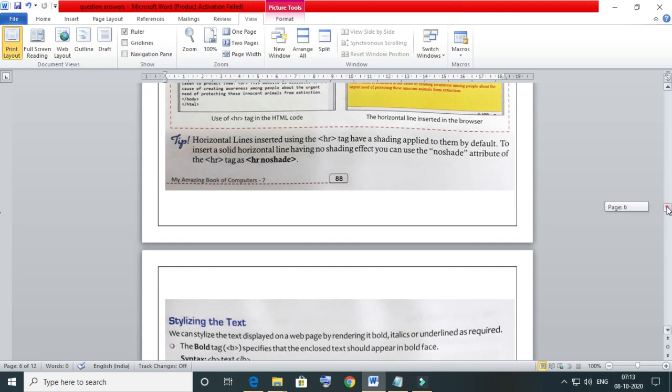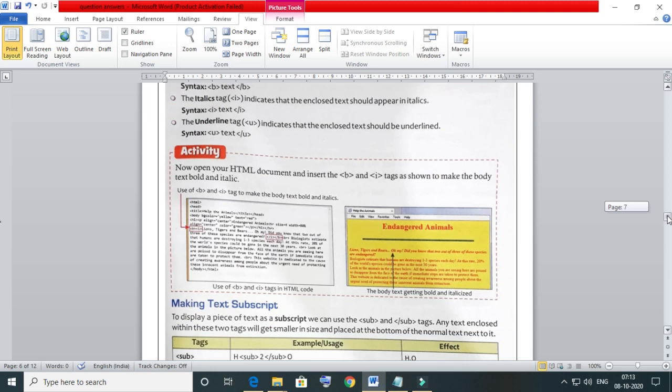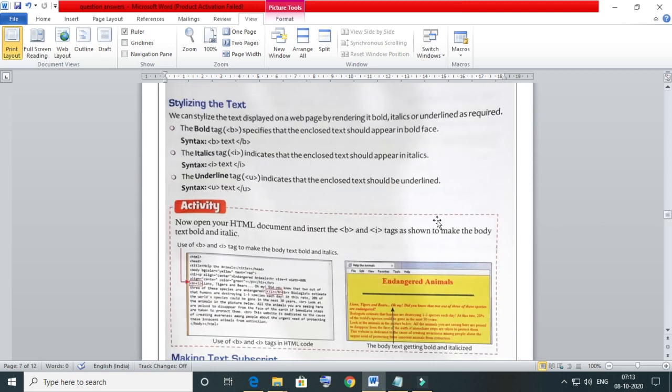Now come to styling of the text. You know how to make text bold, italic and underlined, but you don't know the tags used to do this in a web page.